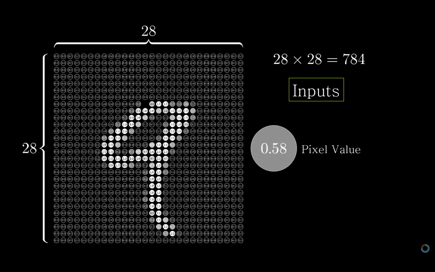And then we need to give numerical values to our data. So in this case, each pixel is going to have a number from 0 to 1, 1 meaning the pixel is very white, and 0 meaning the pixel is very dark. So now we have 784 inputs, and we had to break down our data into numerical values. And that's important. Any kind of data that you're feeding into a computer system, you have to break it down into numerical values, which is hard